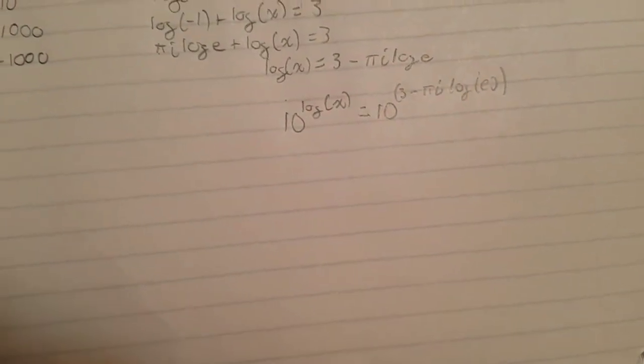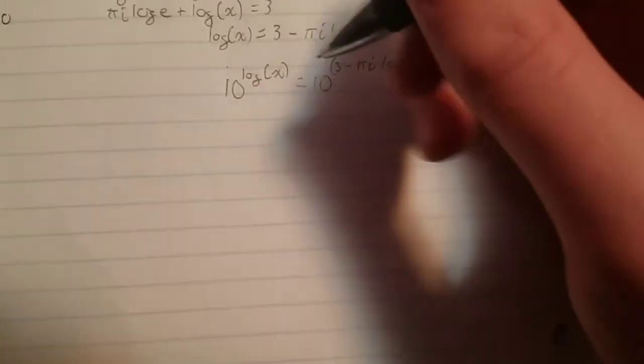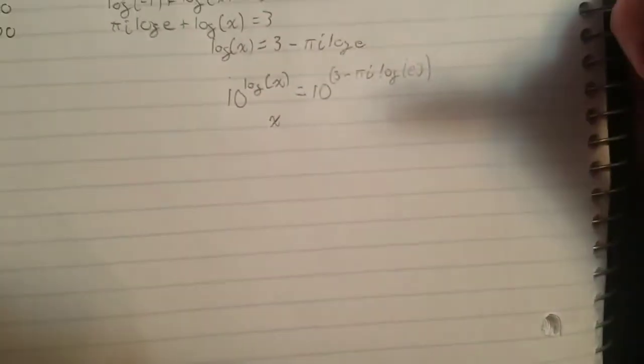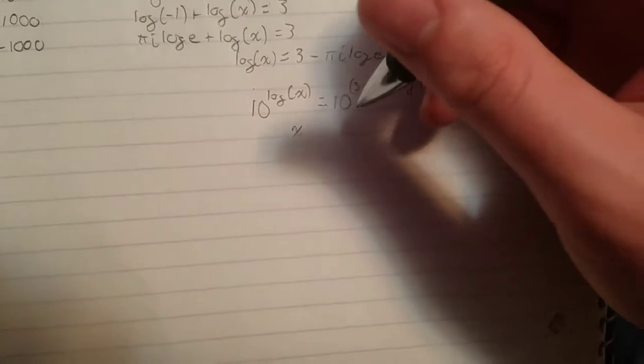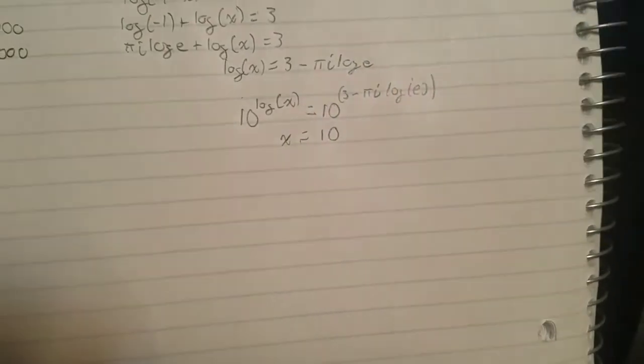You probably think this is impossible if you're not familiar with logs, but this is actually quite easy, but it's also kind of a cool little observation you can do. So this, of course, right here was meant to give us x, because 10 to the log base 10 is 1. So x equals 10 to the,